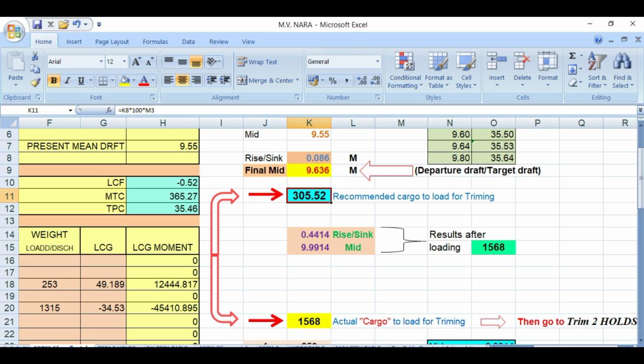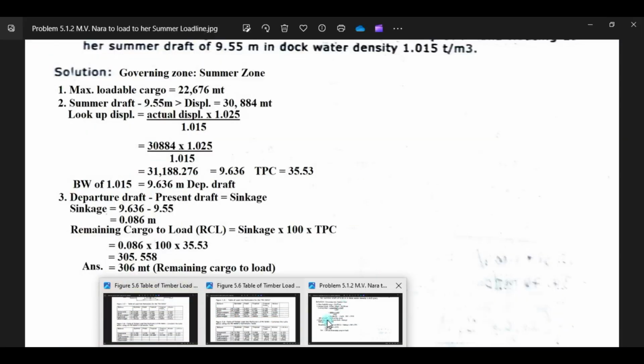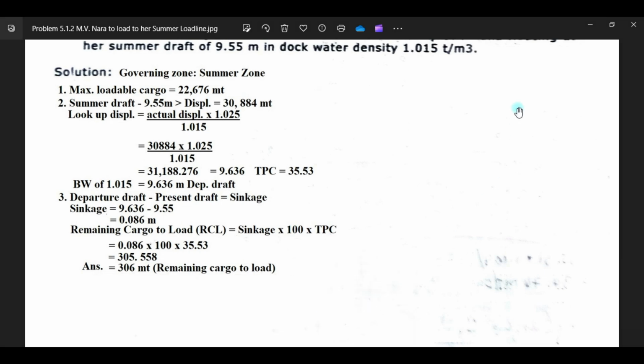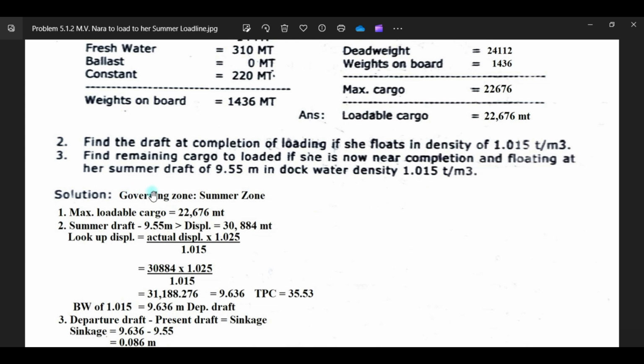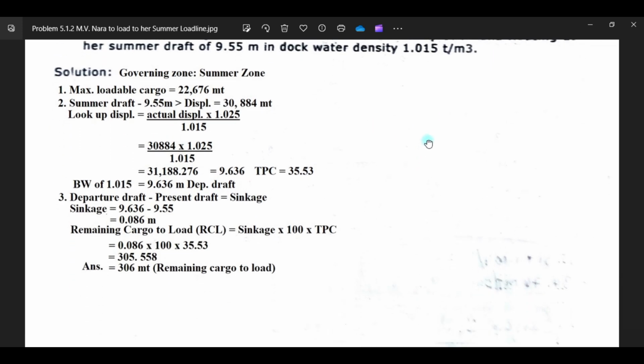So the problem is only finding what is the remaining cargo to load. It stops from here. Okay, but we will continue.